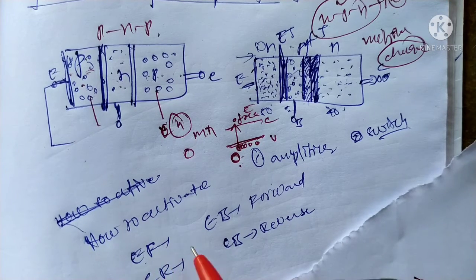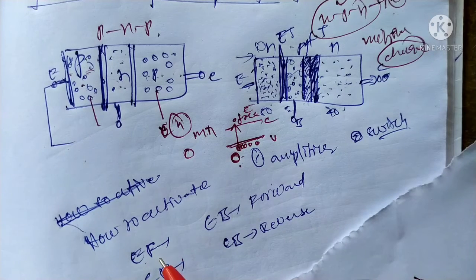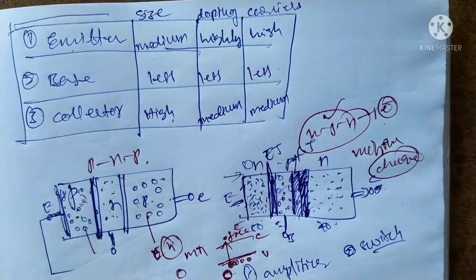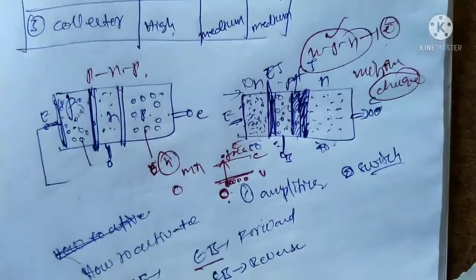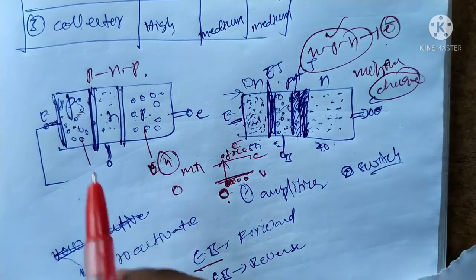This is how it appears in an amplifier or transistor. That is the active region of the transistor, in a PNP or NPN transistor. NPN is the most important and useful in electronic devices compared to the PNP transistor. See here what the reason is: EB, the emitter-base, is forward biased here.